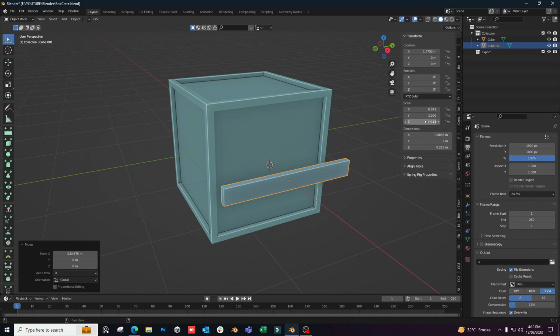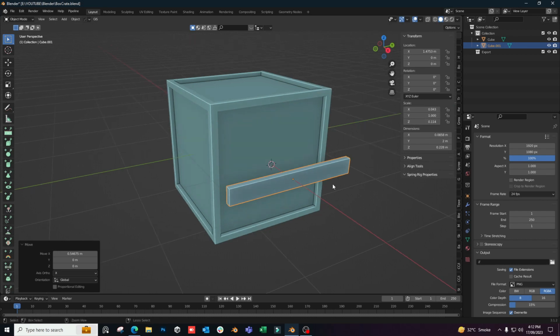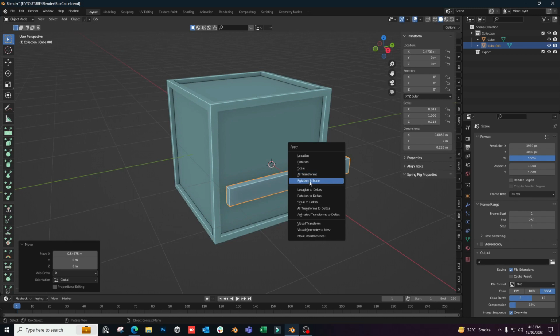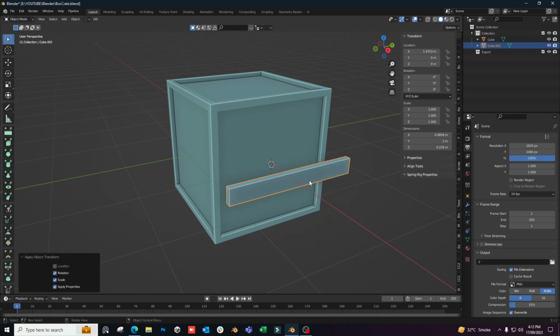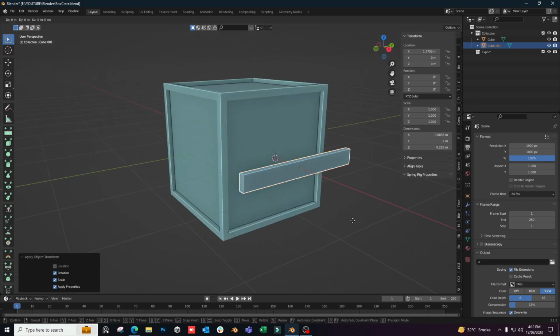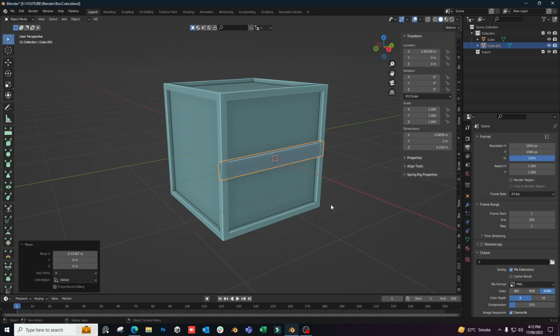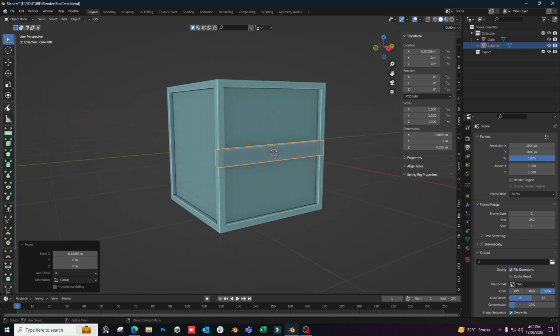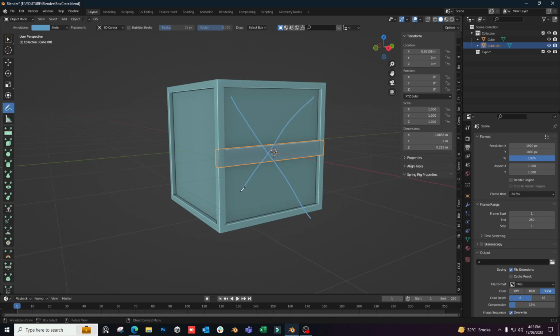Now what we need to do, we need to press Ctrl A and select rotation and scale. What it will do, it will make the scale of the x and z axis to 1, which is very important if we need to change and modify the object even more, right? So we want to make an X shape, right? What we need to do